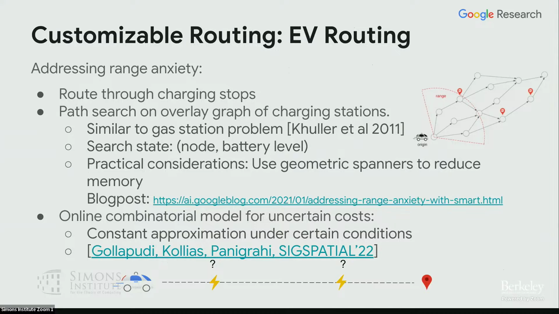So again, what is a classic example of customizable routing? Let's look at EV routing that's coming up. These are solutions that are coming up in autos and are embedded in these vehicles, right? There are vehicles that actually route you through charging stations automatically based on the distance you're traveling, time of day, the state of the vehicle, and so on and so forth, which makes the problem very complicated, okay?